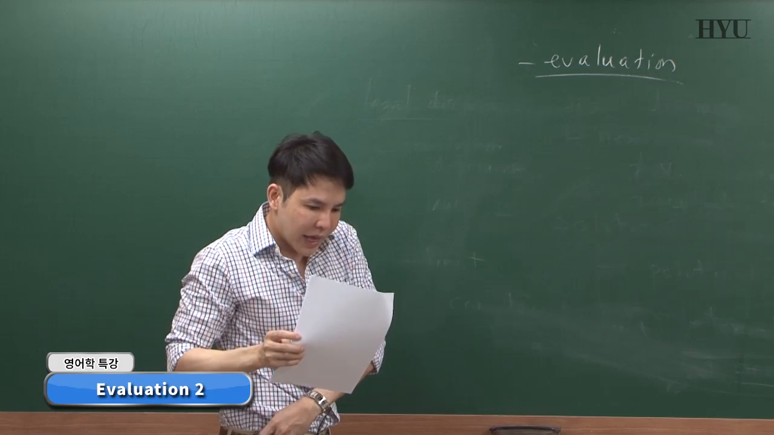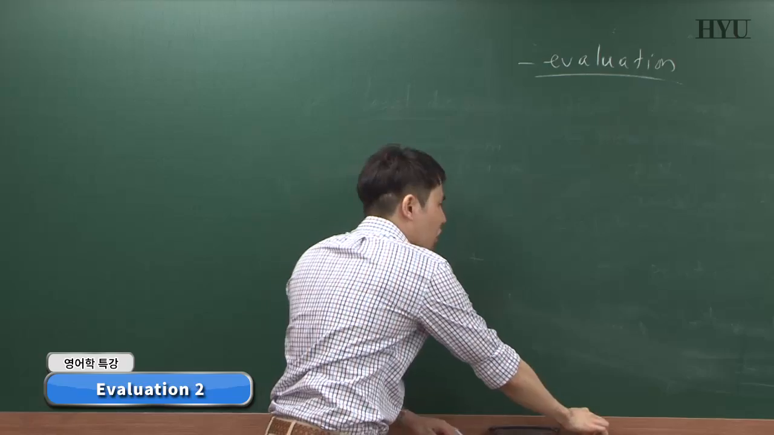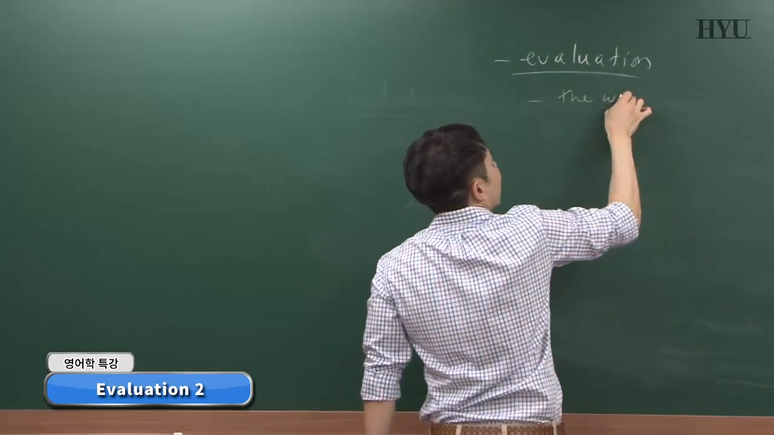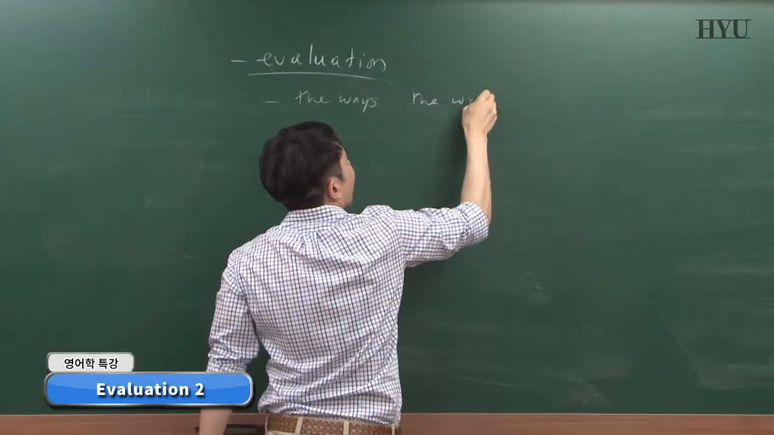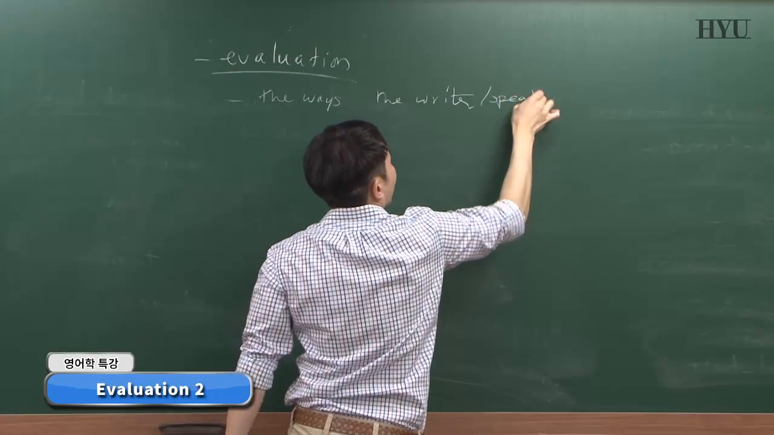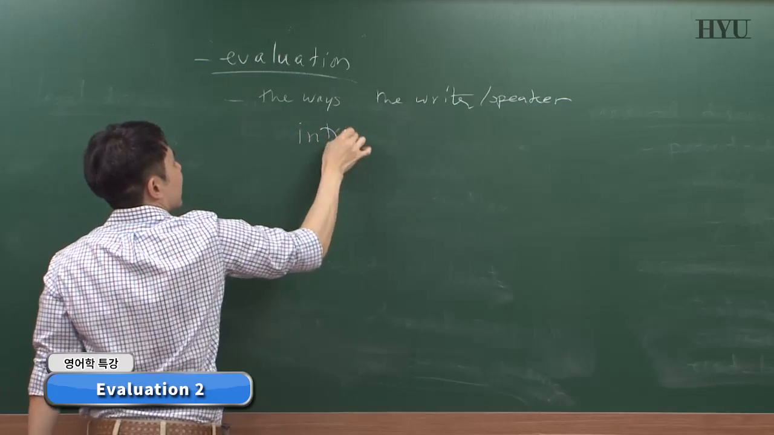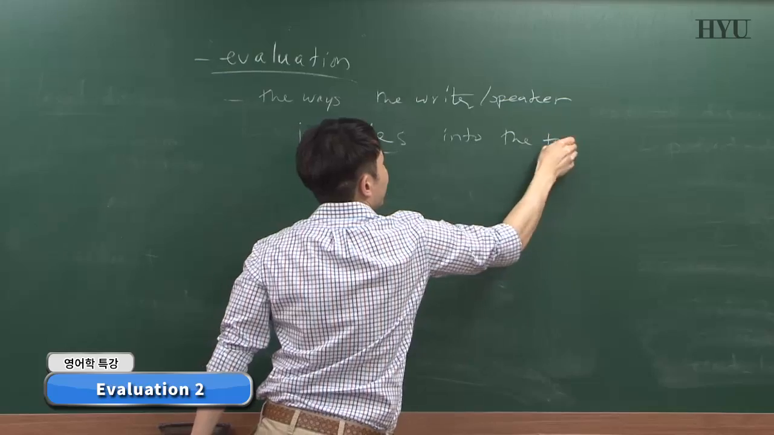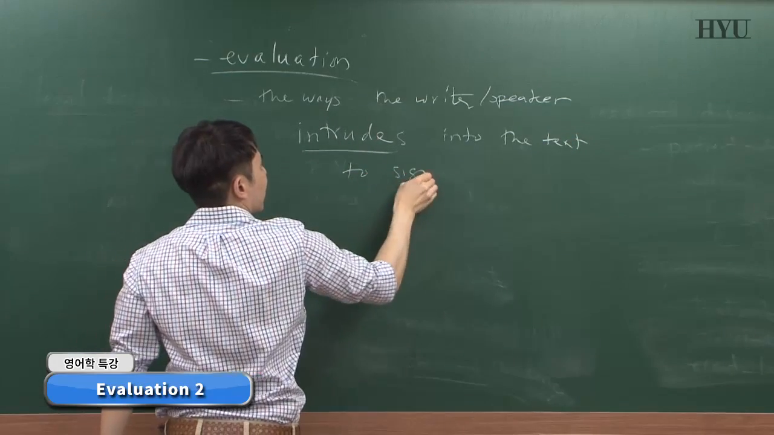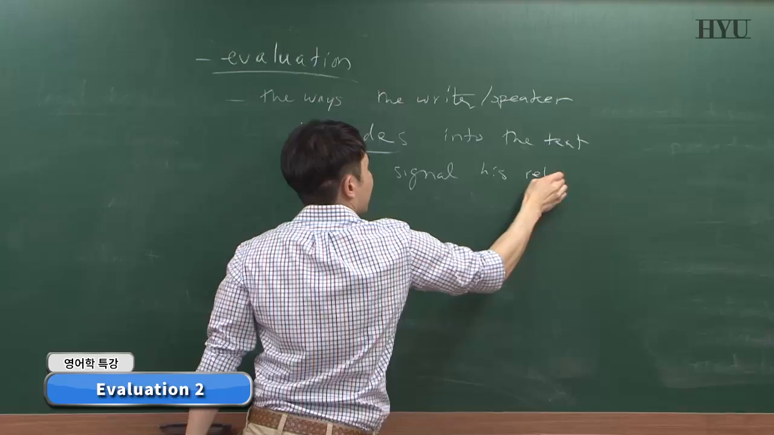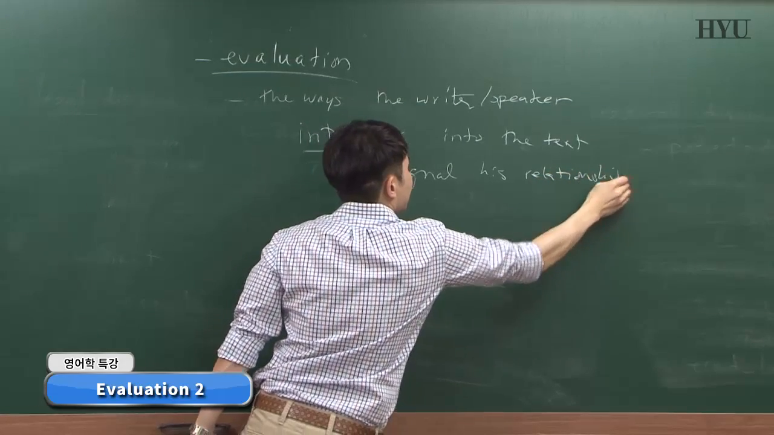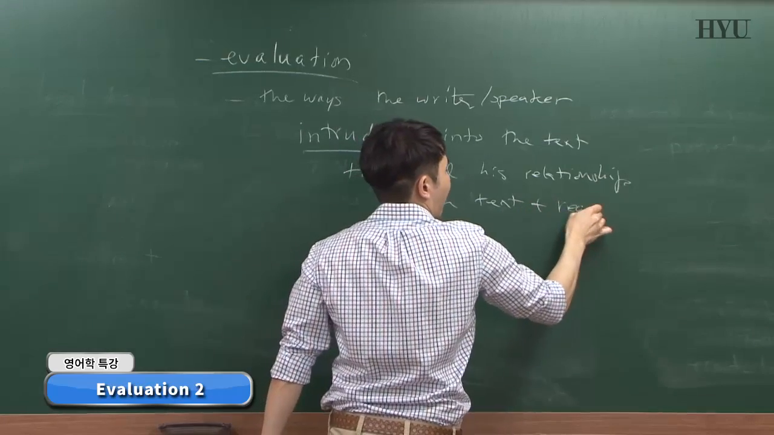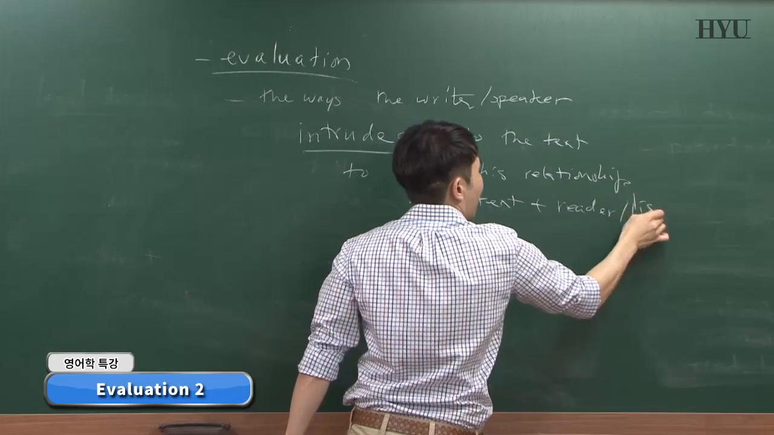So evaluation has to do with the way a speaker or a writer inserts himself, right? The ways in which the writer or speaker intrudes into the text to signal his relationship with the text and with the reader or with the listener, right? Because